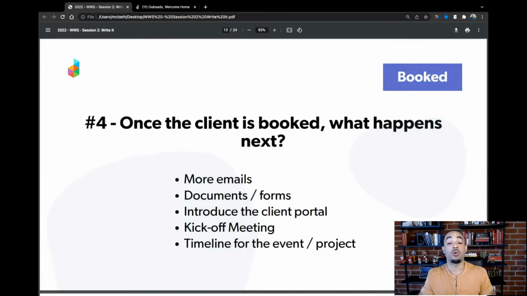Then number 4, now we're transitioning into the last 3 questions, which is the booked phase. So maybe you send out more emails. Once they're booked, maybe you have a couple emails that they need to receive. Maybe there's certain documents or forms that they need to get. Maybe you want to introduce the client portal. We have a client portal in Dubsado. For those of you who aren't familiar, we don't really have time to go in and look at the client portal and all of that. Maybe you could check that out outside of the webinar, but maybe that's when you want to introduce the client